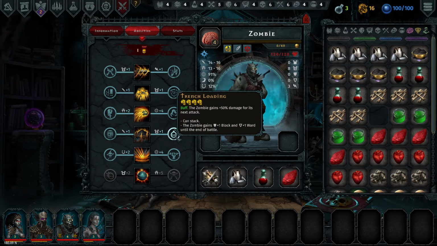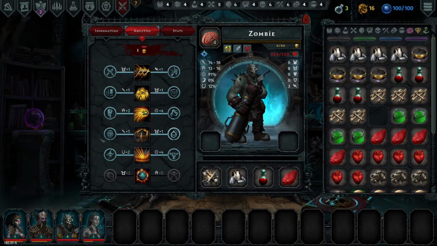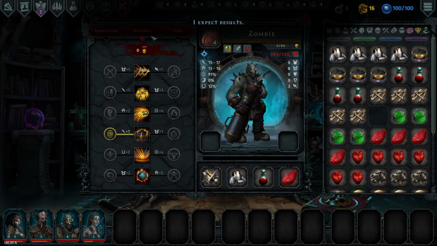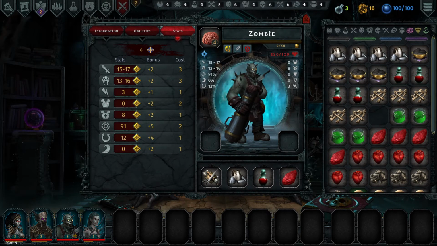The alternative is that we can start trench loading, and instead of getting huge damage buffs, he gets block and ward, which makes him super tanky, but he doesn't really do anything to the enemy, and it doesn't guarantee that he hits with his attack at the same time. So I think we're going to go with even more powder results. And then we're going to go for stat increases. Stat increases for...